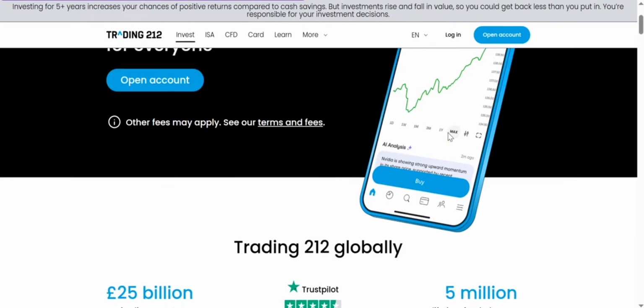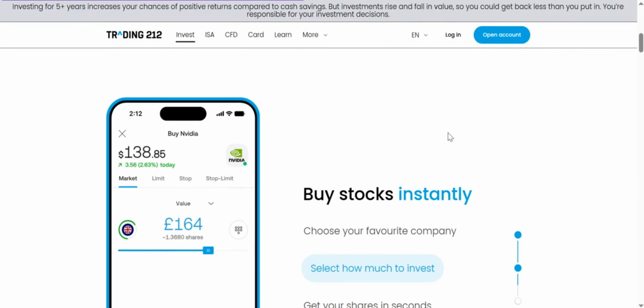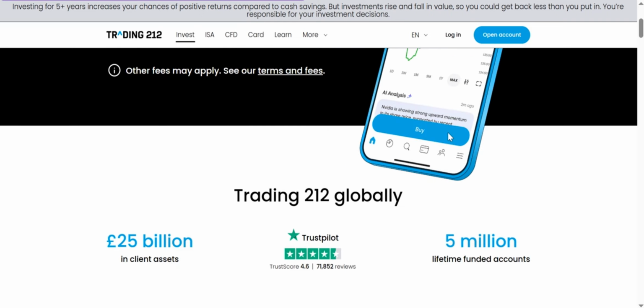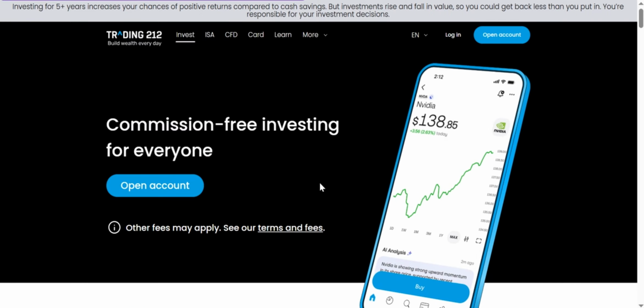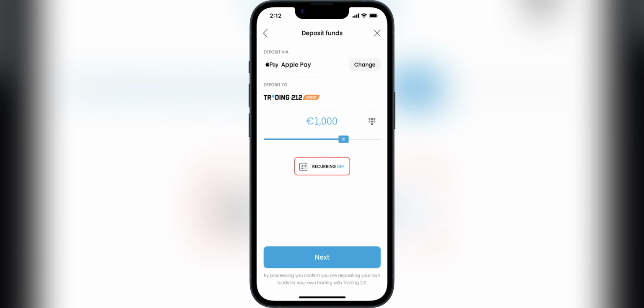In today's video, I'll walk you through how to withdraw funds from your account quickly and safely. The process is simple, but there are a few important steps you need to follow. So let's get started. First, open your app and tap on the account menu located in the bottom right corner